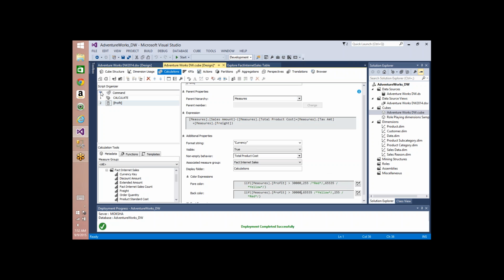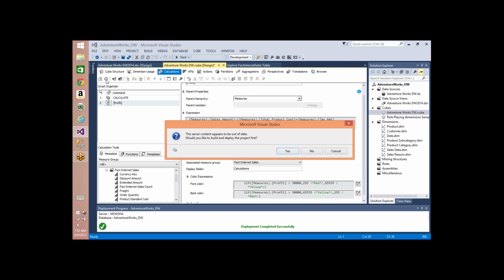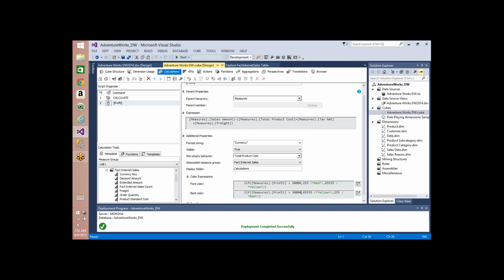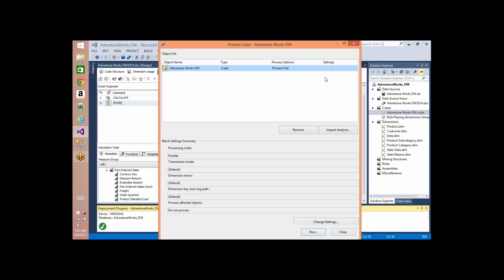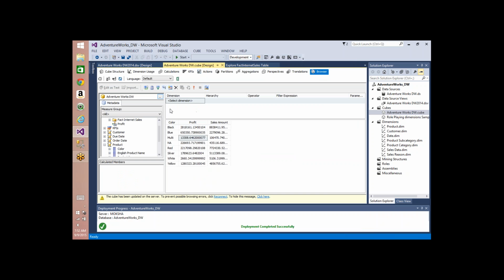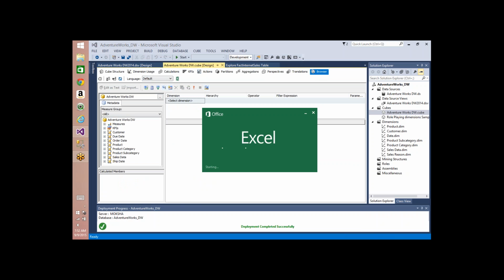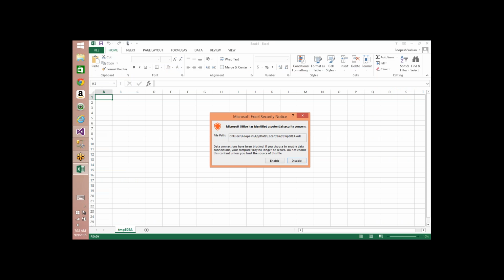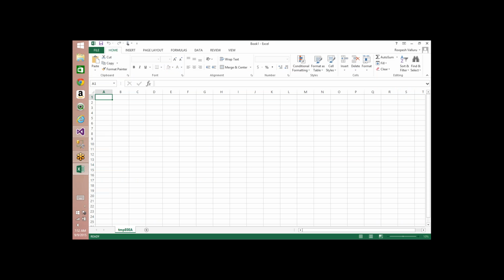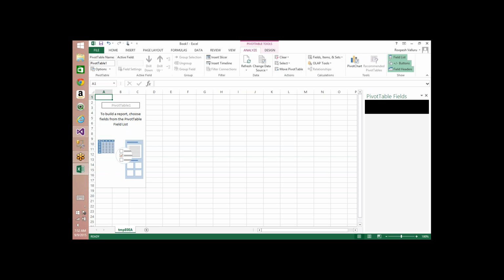Now let me process it, or let me deploy it, and you can't see this currency formatting and all in the browser that we have here. Instead, we can try it by connecting to Excel. So if you go to the browser, you can reconnect it, and you can connect to Excel. Before 2012, there was a different browser, and that was able to show the color differences and the folder information